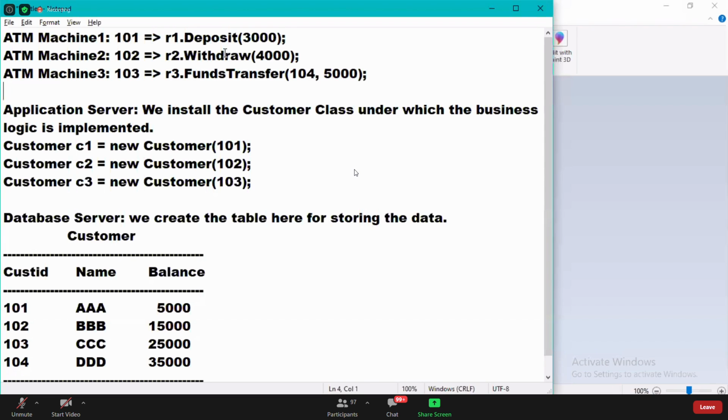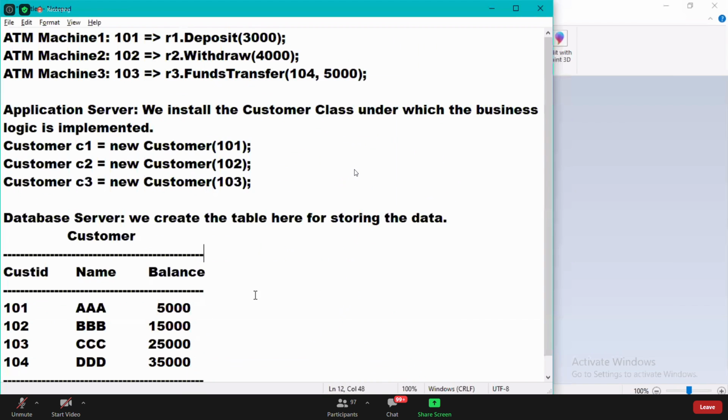Now see, you called R1.deposit. When you call R1.deposit, internally that is C1.deposit. Did you catch my point, guys? Now the deposit method executes.